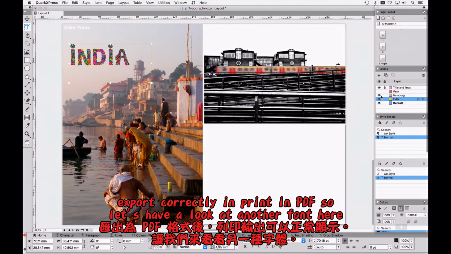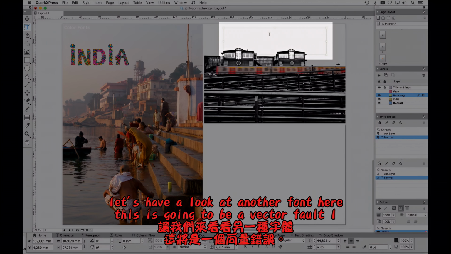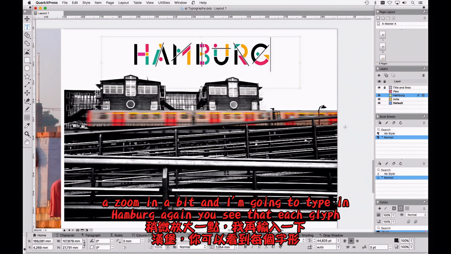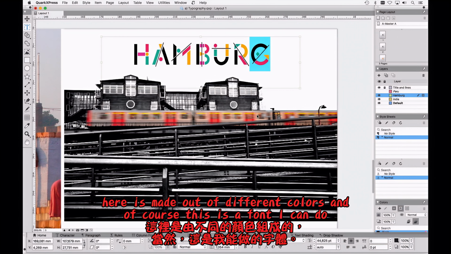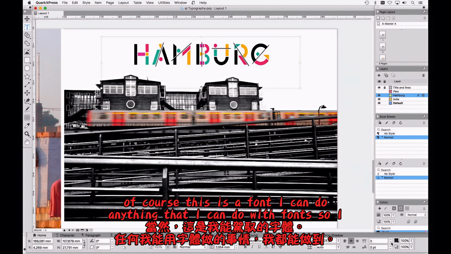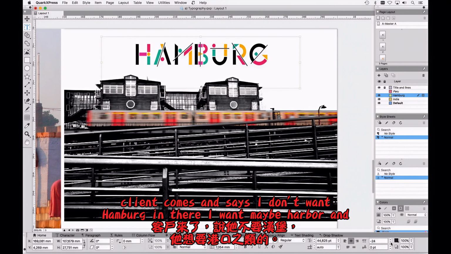So let's have a look at another font here. This is going to be a vector font. I have an image of Hamburg here. I zoom in a bit, and I'm going to type in Hamburg. Again, you see that each glyph is made out of different colors. And of course, since this is a font, I can do anything that I can do with fonts. I can kern or track it to adjust this. And when my client comes and says, I don't want Hamburg in there, I want maybe Harbor, then I